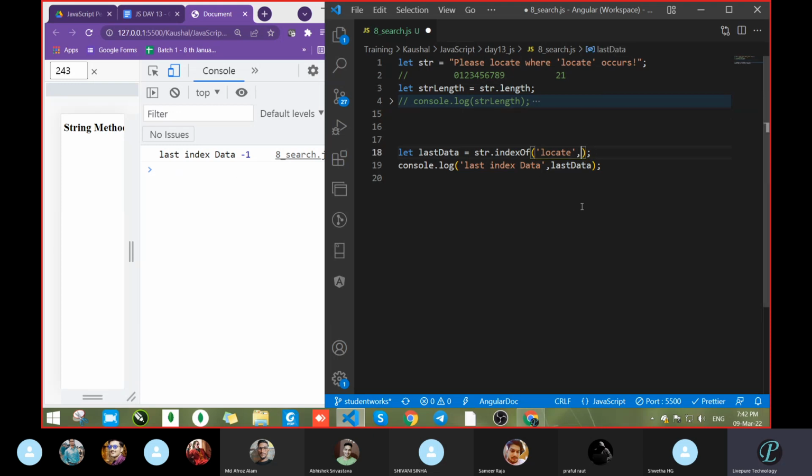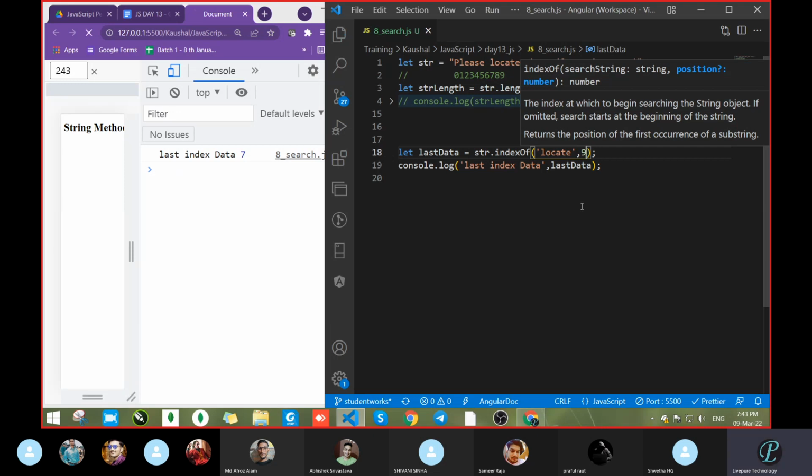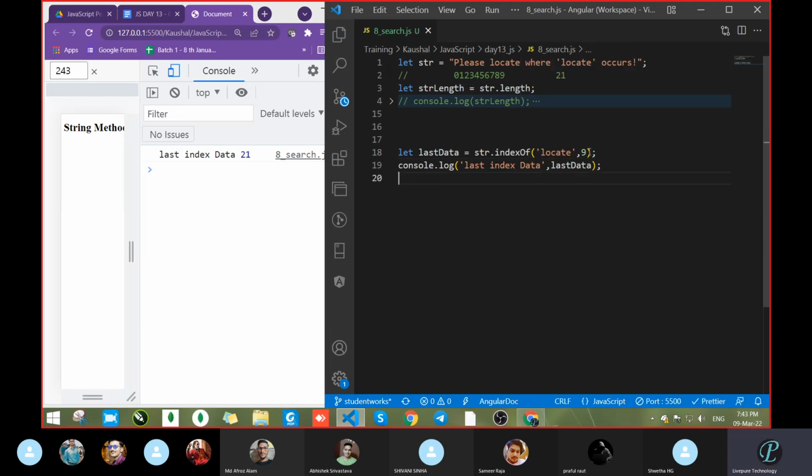See, if I pass here nothing, we will get 21 because the second match is at position 21. Now pass 22, meaning I am telling it to start searching from 22. But 21 has L, 22 does not have it. That's why we are getting -1. Clear? If you start here from 21, let's see. We got 21 because on 21 it's matching and there itself it starts searching. Clear? Everyone? So the second parameter is optional.